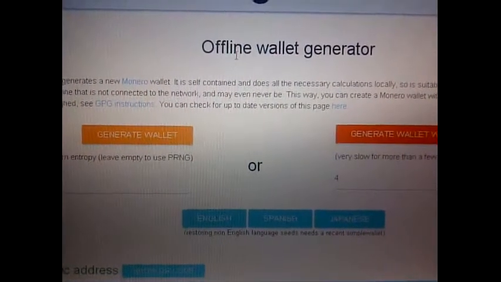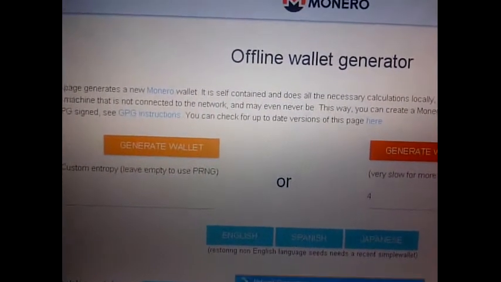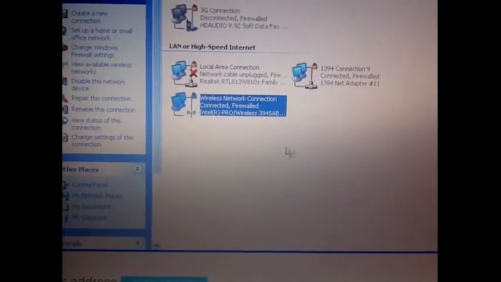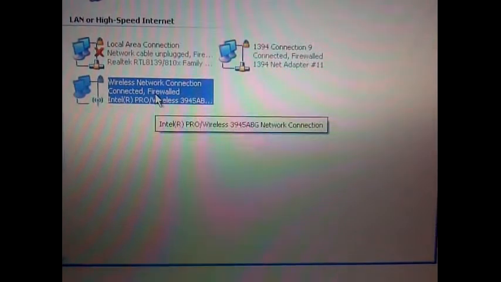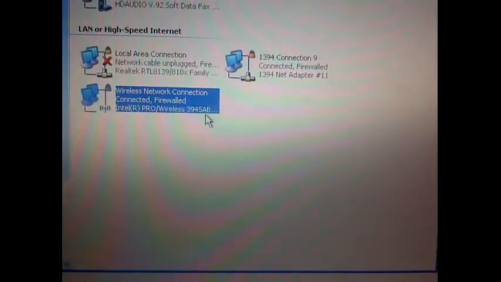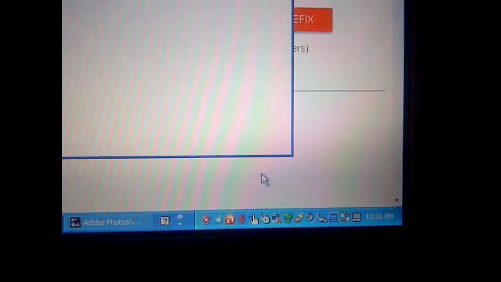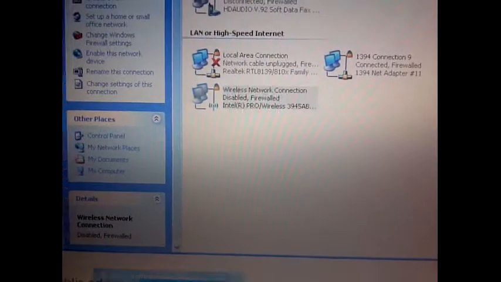my computer is hooked onto the internet, but this is an offline wallet generator. So what I do here is I'm just going to do this for show. I'm going to disconnect from the internet. Okay, so I'm going to disable my internet connection, and then I'm just going to wait for my internet to cut out. There it is. It should cut out. There it is. So my internet's not working, and let's try to verify that by